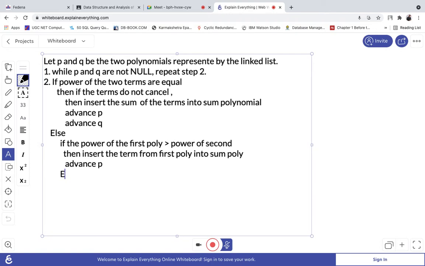Else, এলস কি হবে, insert the term from the second polynomial into the sum polynomial and advance q, তাই তো? হ্যাঁ।